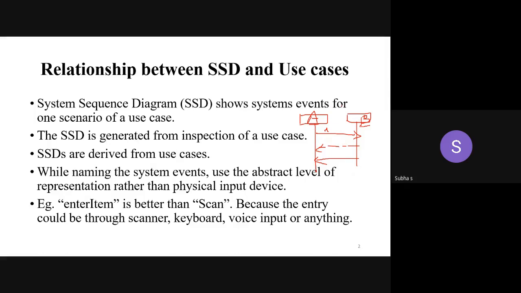Just for example, I have mentioned only two objects. You can have any number of objects. Suppose A wants to communicate with C, you can pass the association. So this is a kind of association only. The dotted line denotes the reply message, the immediate reply message for the previous message from A to B. So this diagram is called the sequence diagram.